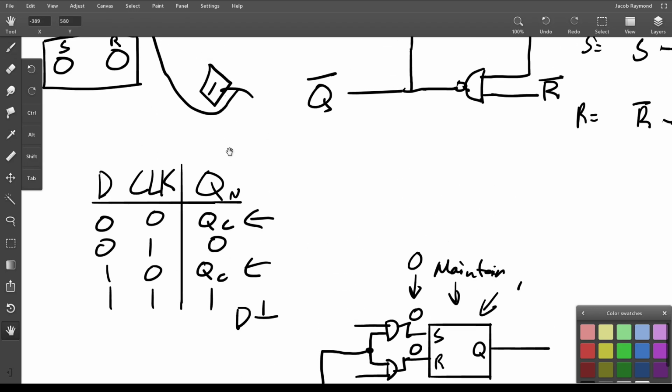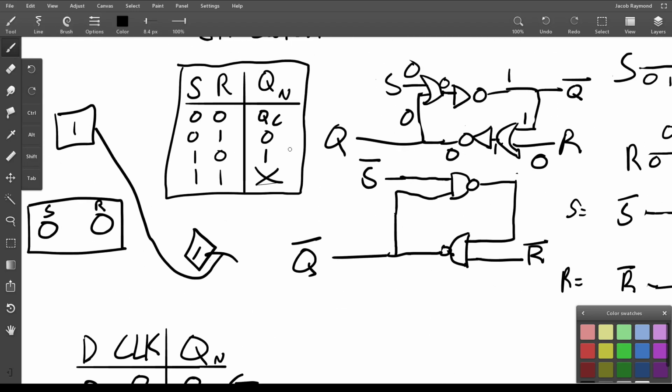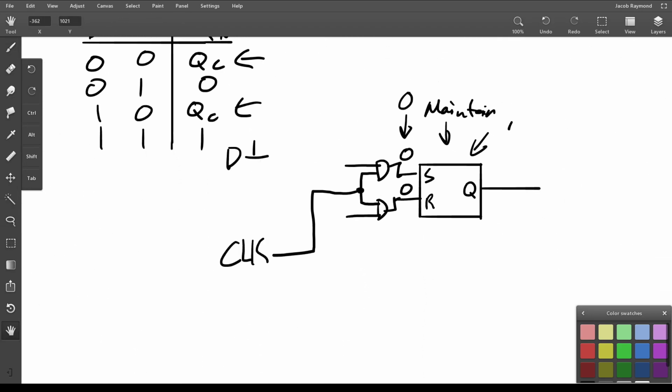Well, if you look at the table up here, the only surefire way to set the state of the latch to a 1 is to pass in 1 for S and 0 for R. So here we can just ignore the fact that we have this clock here. If I take this D here and pass it into S, and then I just invert it when I pass it into R,